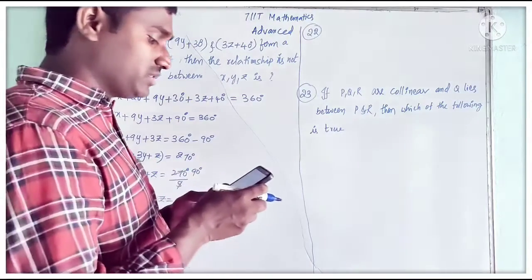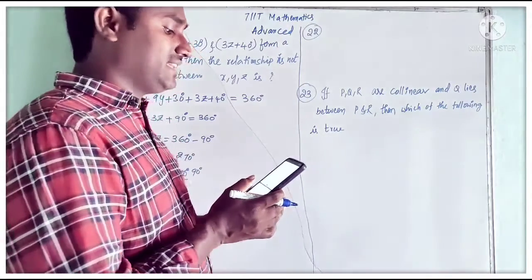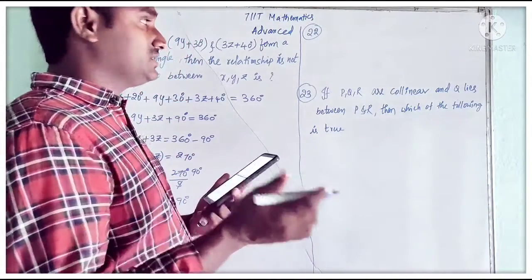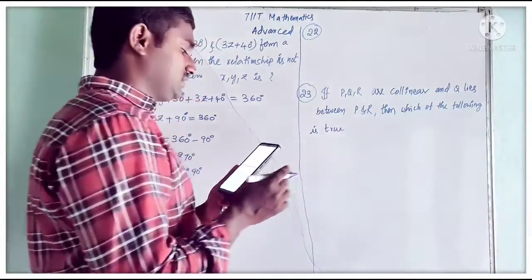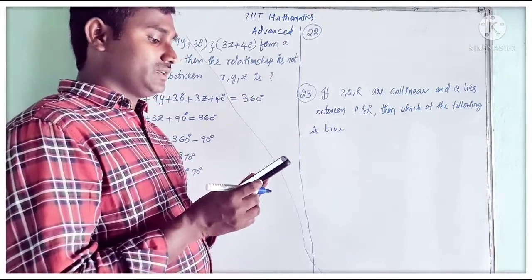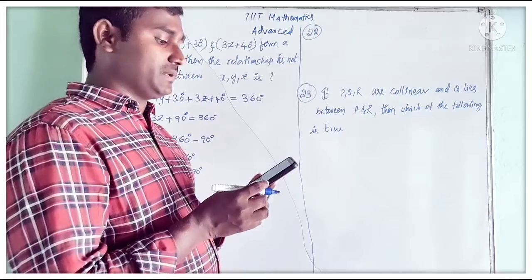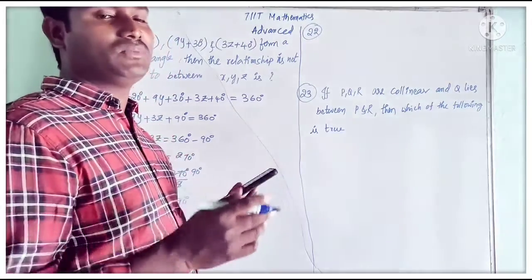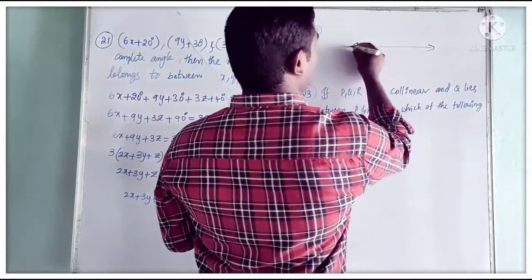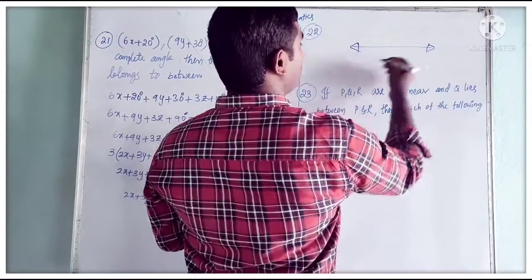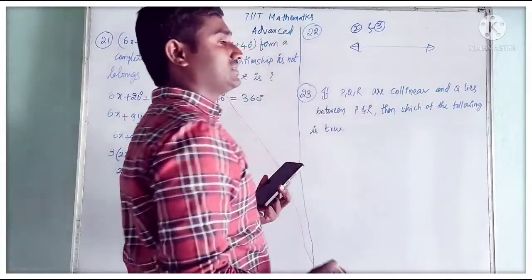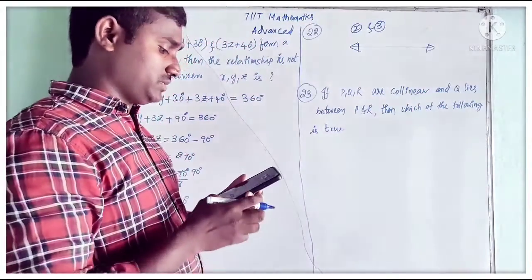Next, question number 22. A line has dash. First option, a line has 2 endpoints. Second option, no endpoints. Third option, extends in both directions infinitely. Fourth option, has only one endpoint. So a line has no endpoints and in both directions it will go endlessly. So option 2 and option 3 are the correct options for question number 22.